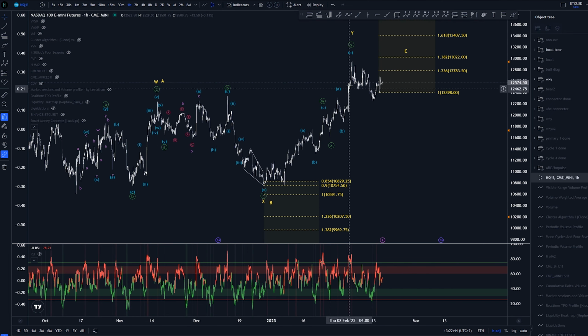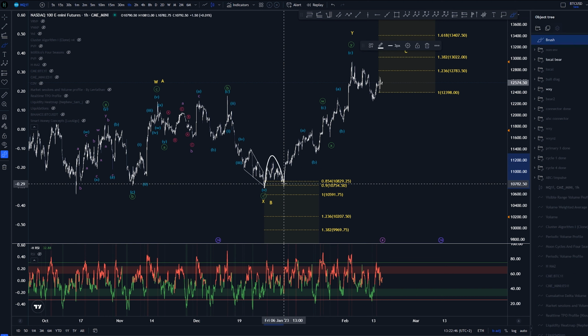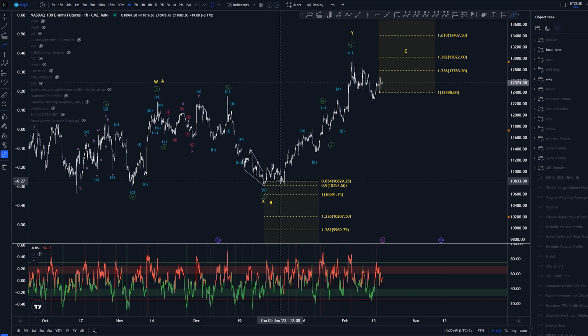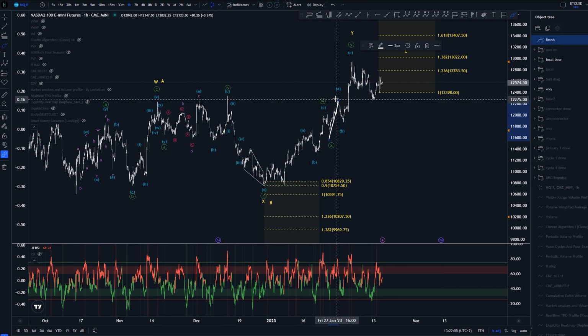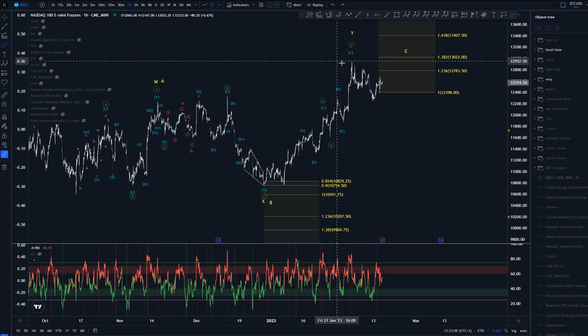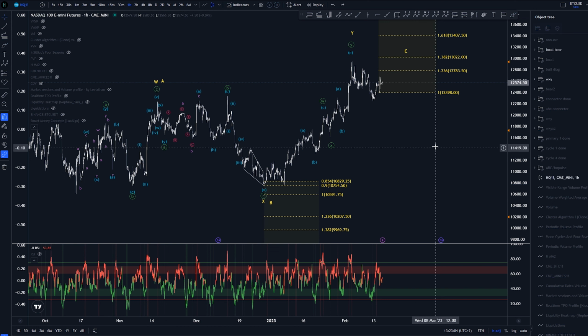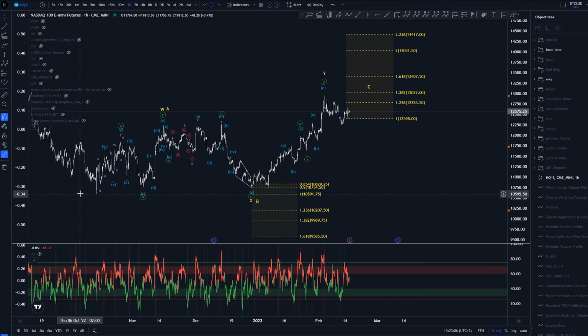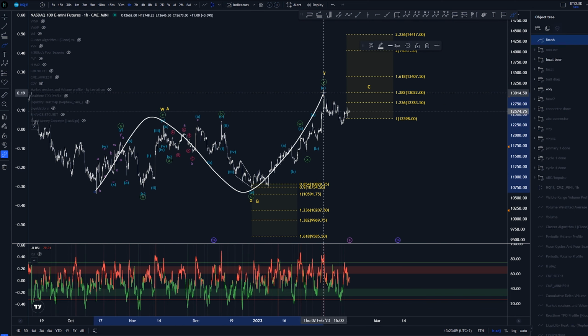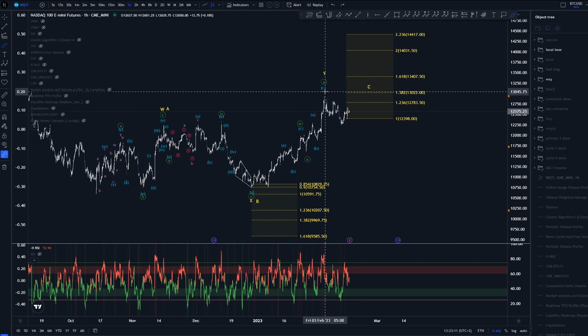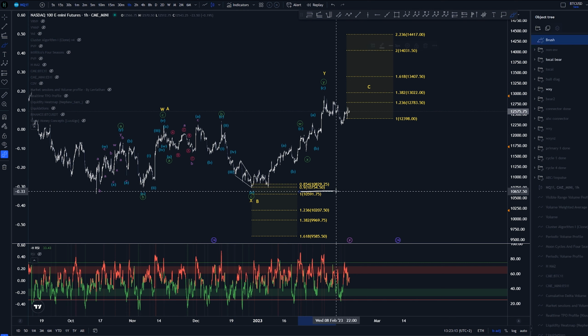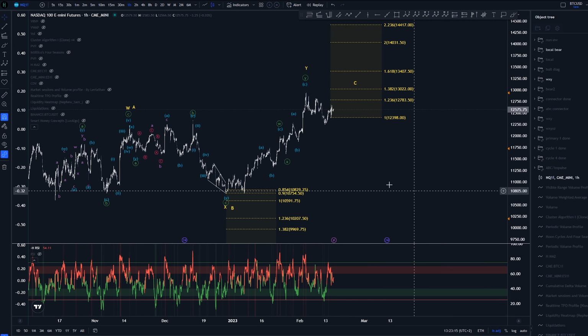The C wave, it is kind of hard to label this. We can have this as a 1-2, maybe 3, 4, 5, but then that brings the issue that this would be a 1-2, and then we just get out of the count, due to the same issues that we had on the bullish count. So if we want to have this as more of a corrective structure, I would almost prefer this WXY, although we did get to the 90% retracement here. It fits better